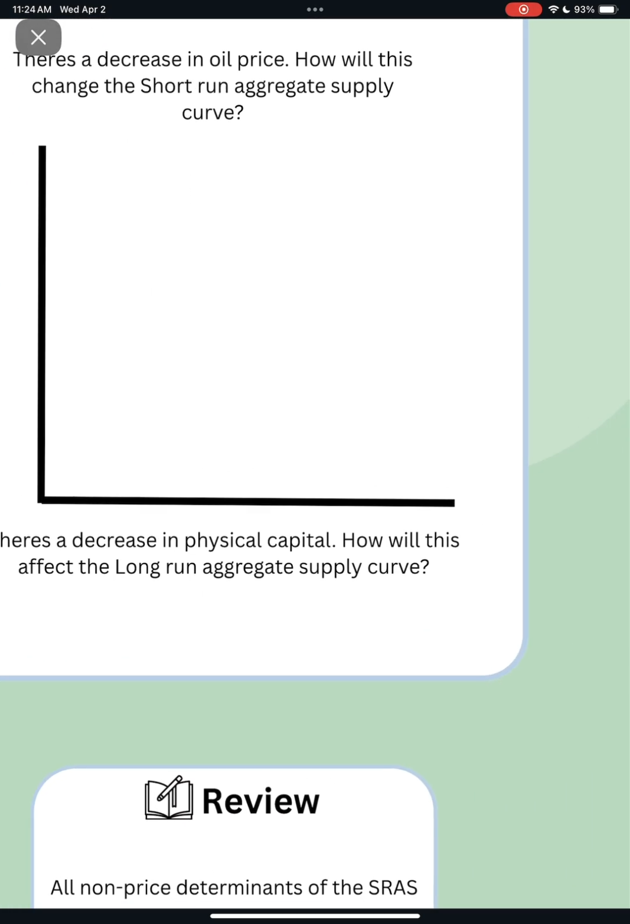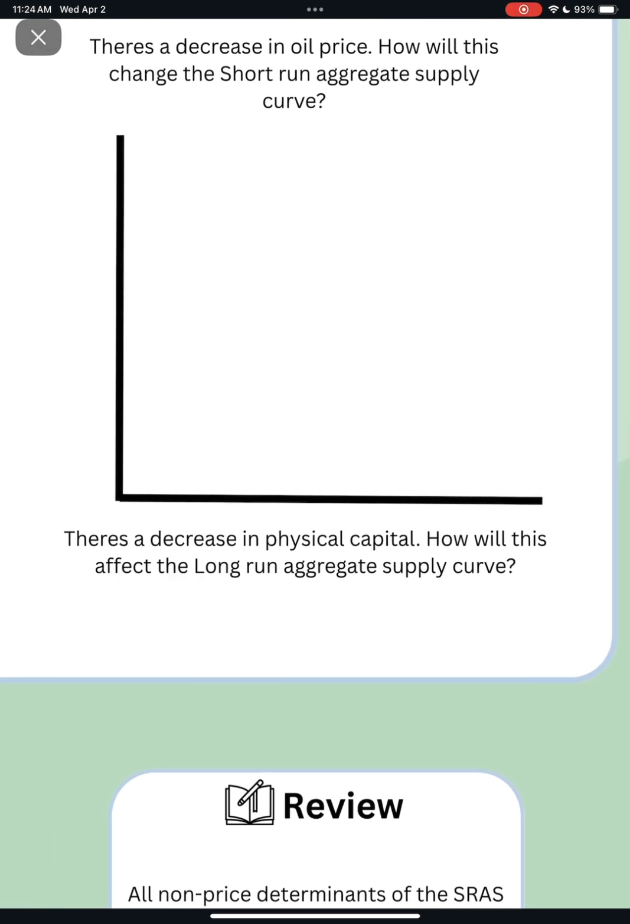And for our next problem, it says there is a decrease in physical capital. How will this affect the long run aggregate supply curve? So I went ahead and drew the